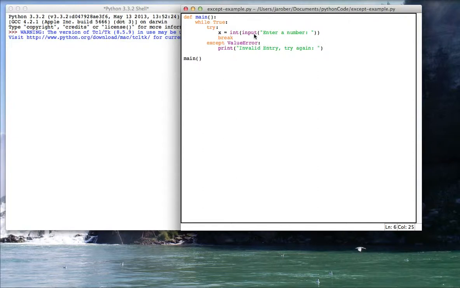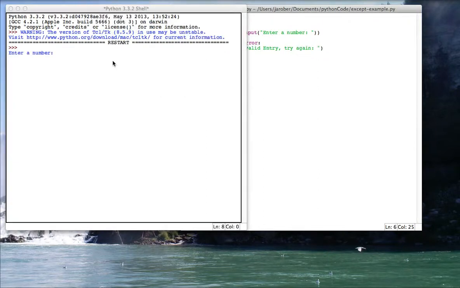What we're going to do is take some input, and if it's not something that can be immediately converted to an int, we're going to toss up this exception error and then try again. So let's go ahead and run this and watch what happens. So I'll run it, and we'll type in foo. It says try again. I'll type in bar, try again, type in 0, and now it's done because what happened